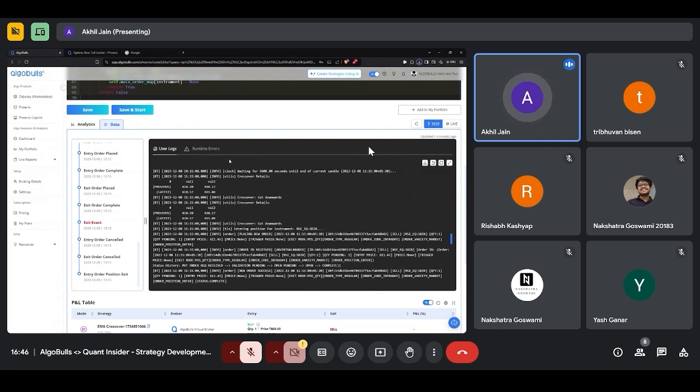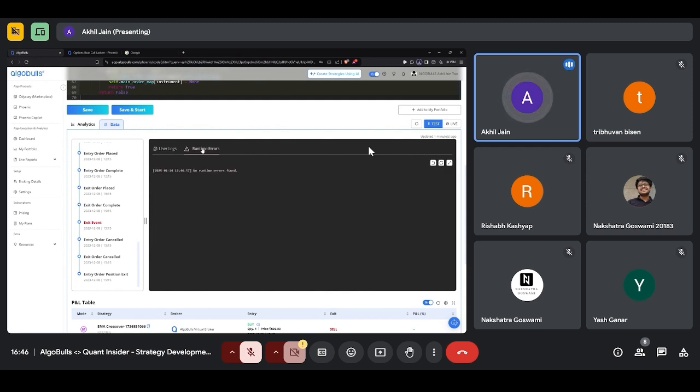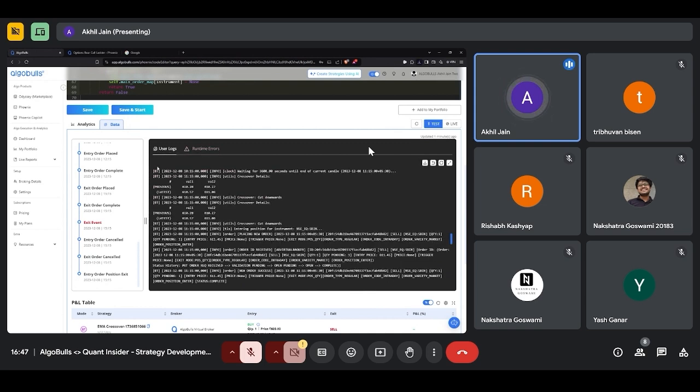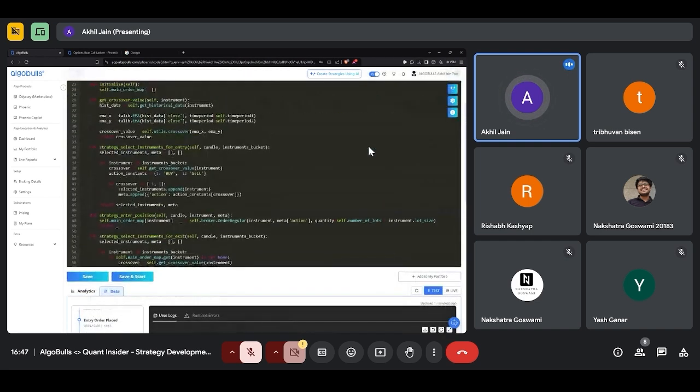Let's say you do have some problems with the strategy, with your code, then under runtime errors, you should be able to see that particular error and then you should be able to fix it. The best way of coding, the best way of writing your algorithm, is to ensure that you have a lot of prints in these programs. What they will help you do is focus on each print and see till where the strategy was able to continue and after that where it stopped.